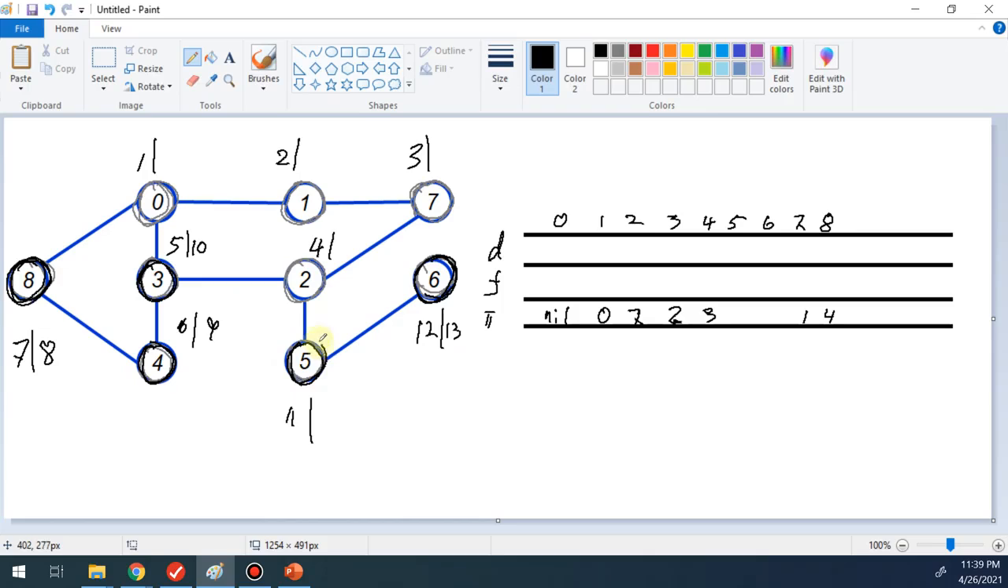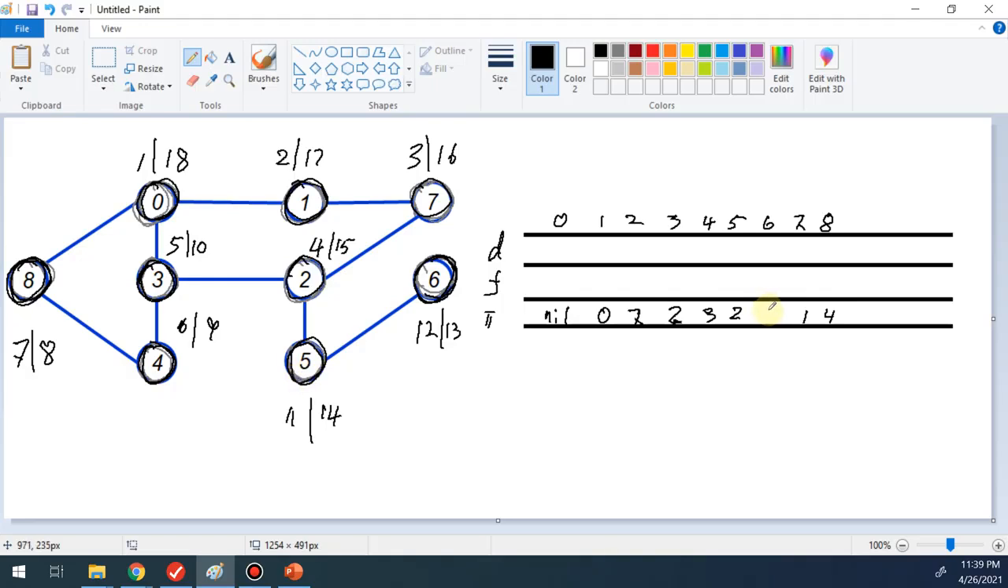So for the 5, we also finished that. We painted black, and then we have 14. So 2 is also black with 15. And then 7 black, 16. 1 black, 17, and eventually 0 is black with 18. Okay, so for the 5, the parent should be 2, and then for the 6, the parent should be